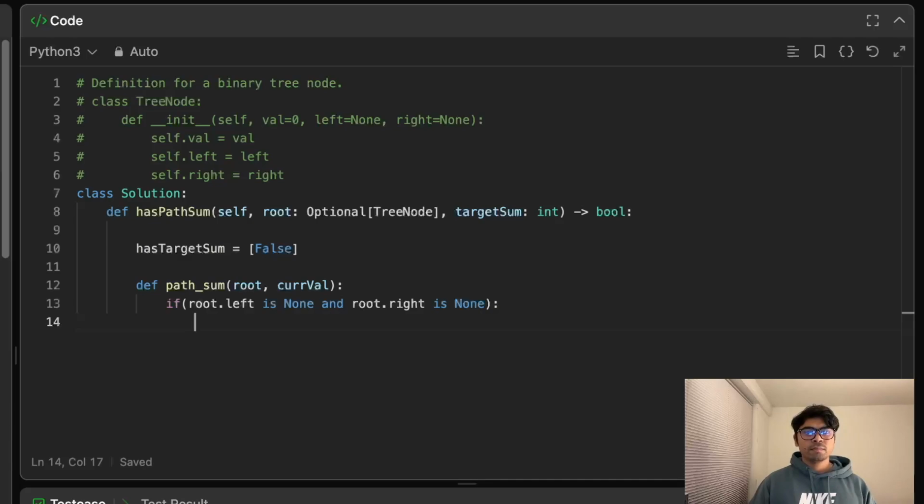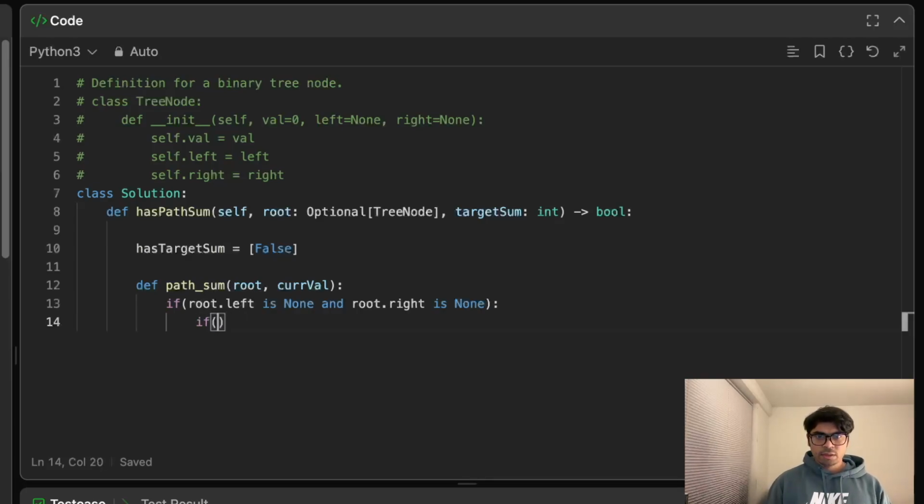If so far we have collected all those values in our current value, that will sum up all the values. So initially we will be calling this function, and let's just write the function and then call it. So we will be basically checking here,